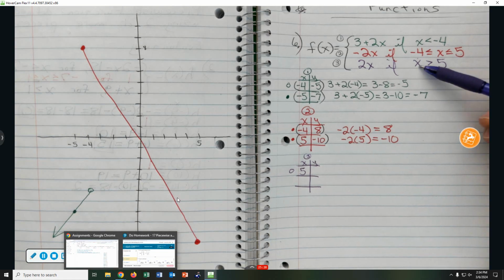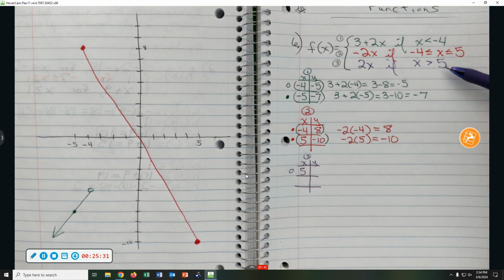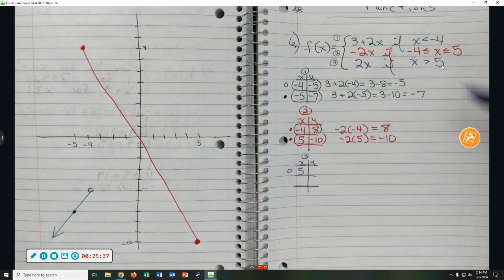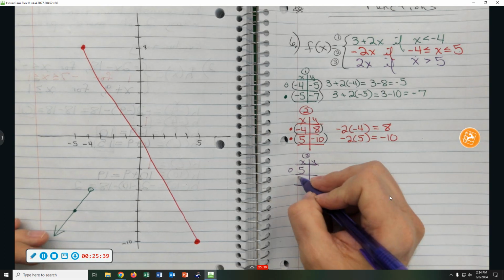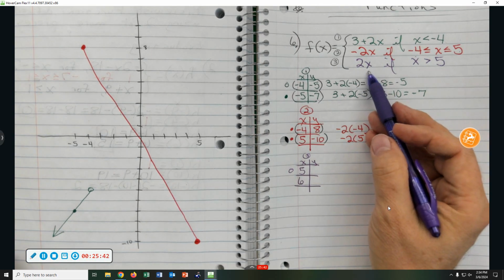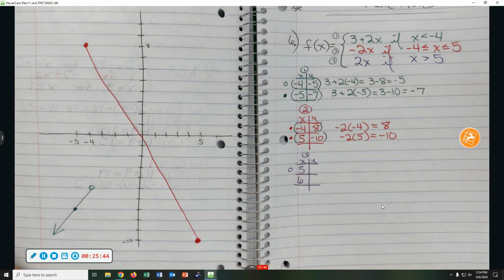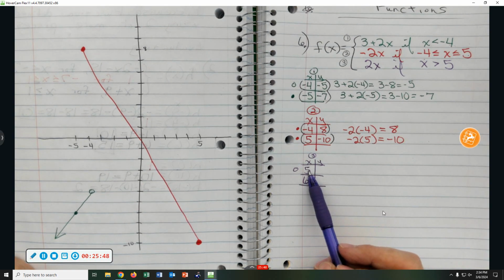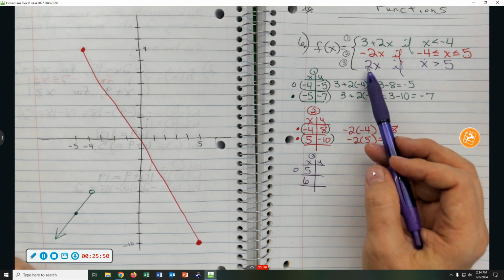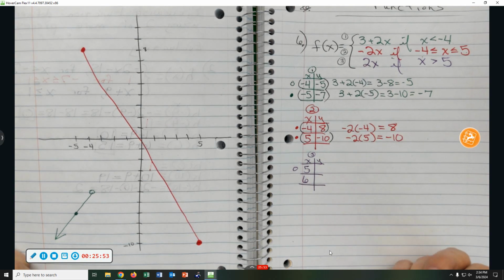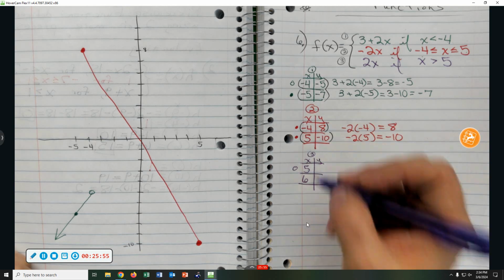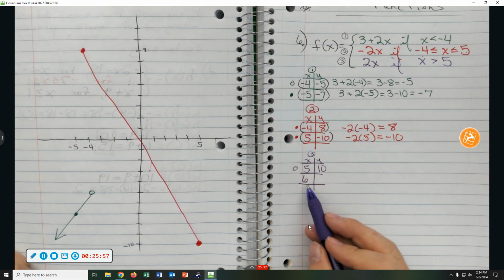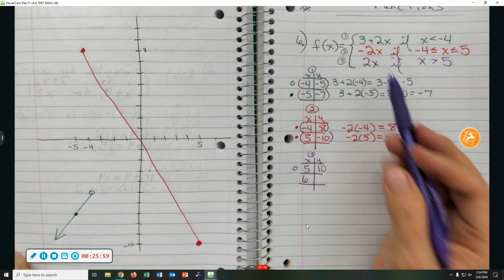We're going to need another x value, a number greater than 5. Could I use 4? Could I use 0? No. What do you think I'll use? 6, yeah. I could use 50, but 2 times 50, that's 100. I sure don't want to count 100 units up there. So plug in 5 into the purple piece. 2 times 5 gives us 10, okay. Plugging in 6. 2 times 6 gives me,